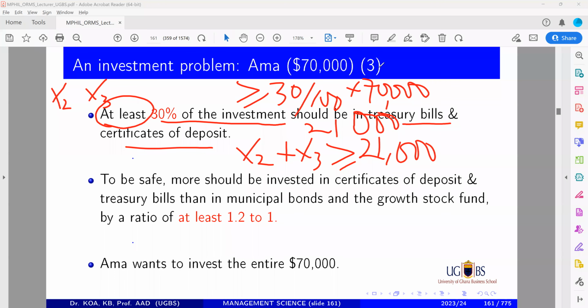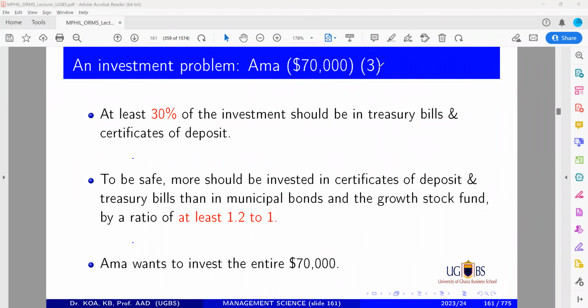The next diversification constraint is actually the most difficult one. It's not about you getting it right or wrong. It's about you understanding it. It's the most difficult one. So let's look at it. It says that to be safe, and this is safety,